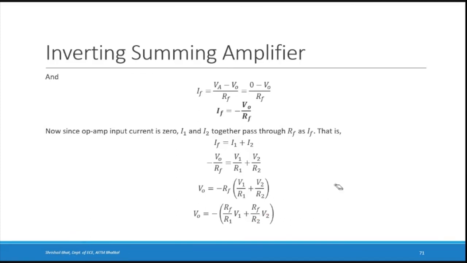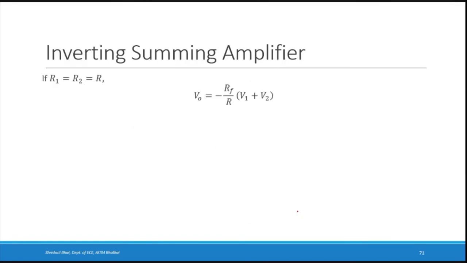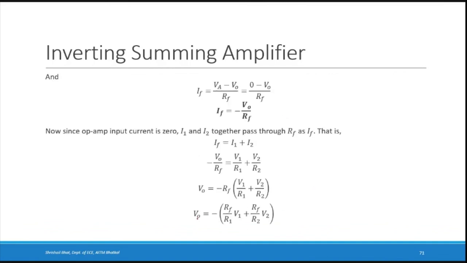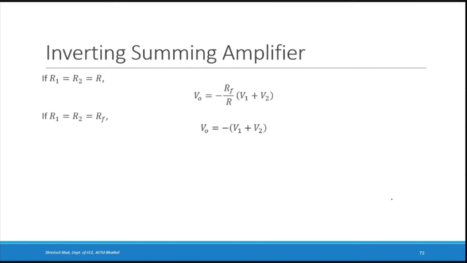It will be minus RF by R1 into V1 plus RF by R2 into V2, plus there will be another term here, plus RF by R3 into V3. If you make those assumptions, you'll end up getting minus RF by R into V1 plus V2 plus V3. If you take all resistances equal, V0 is minus of V1 plus V2 plus V3, right? Even if you end till here, it's fine, because resistances will not always be the same. But just to show that it is the sum of the 3 different inputs, you can take it up to here and end up with V0 is minus of V1 plus V2 plus V3.